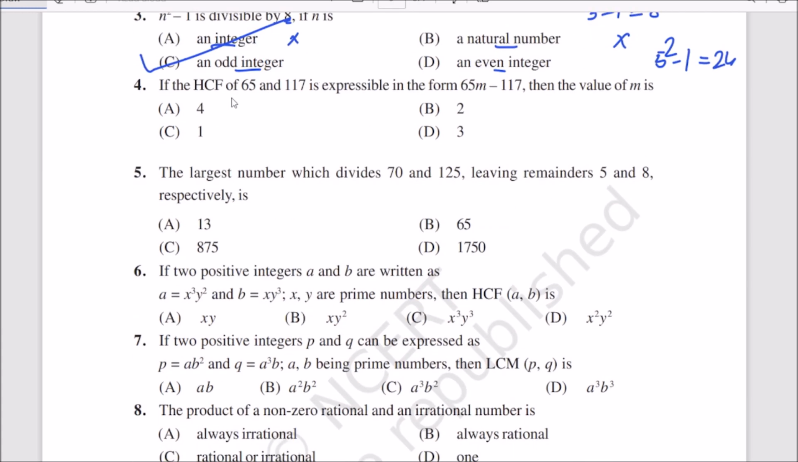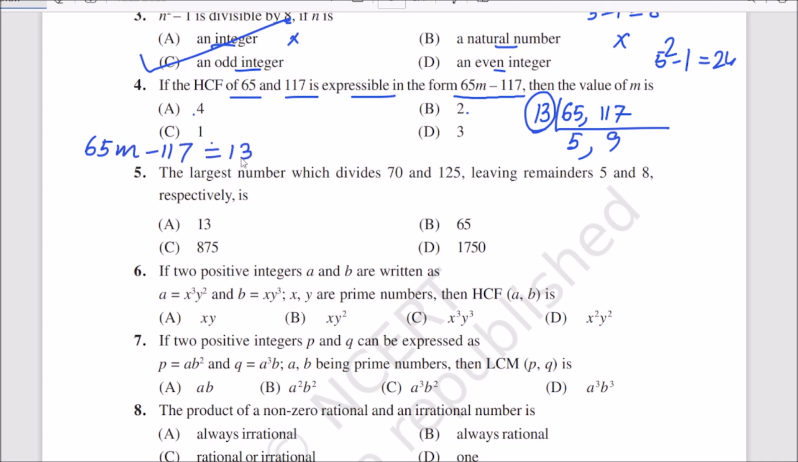Question number 4. If the HCF of 65 and 117 is expressible in the form of 65m minus 117, the value of m is 4, 2, 1, 3. So let us find what is the HCF of 65 and 117. You know it is 13. 13 five times and 13 nine times. So 13 is the HCF. So I can write 65m minus 117 is equal to 13,